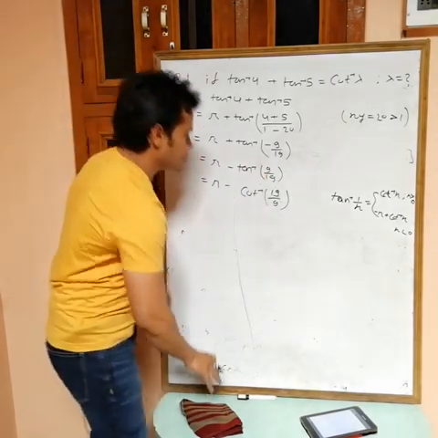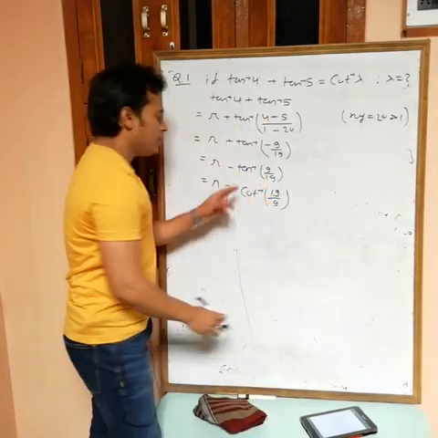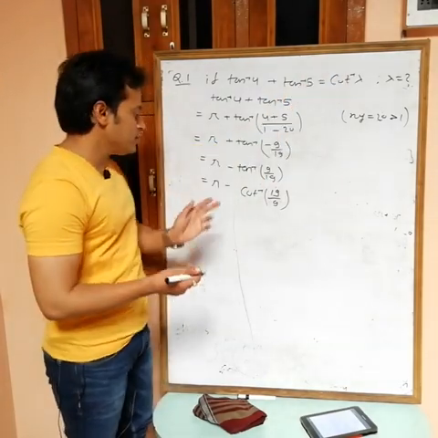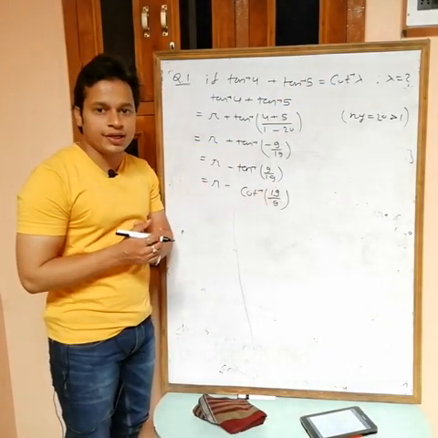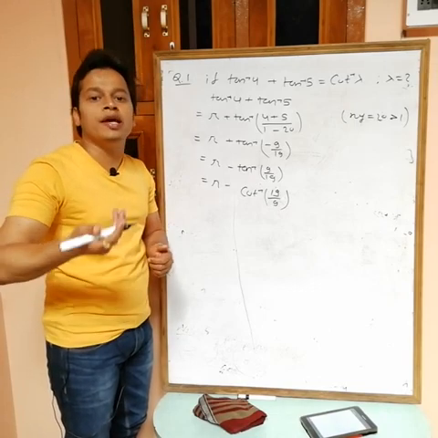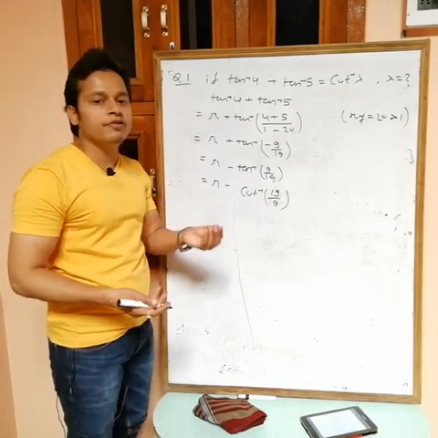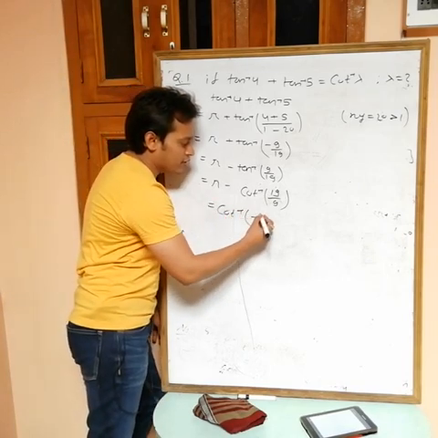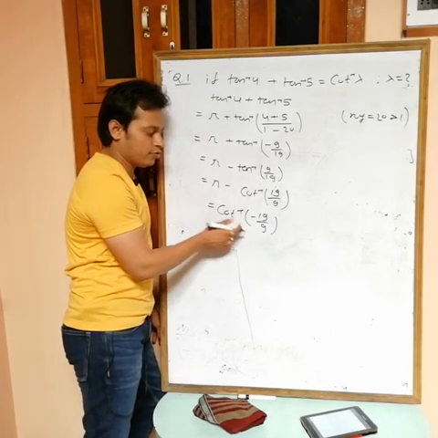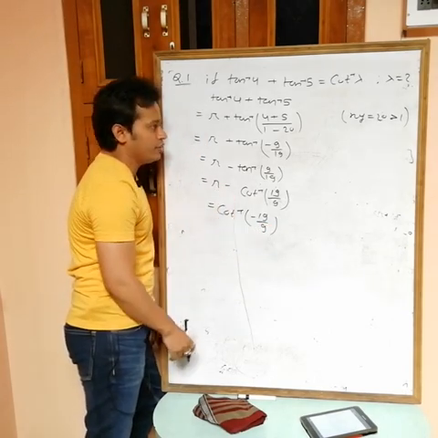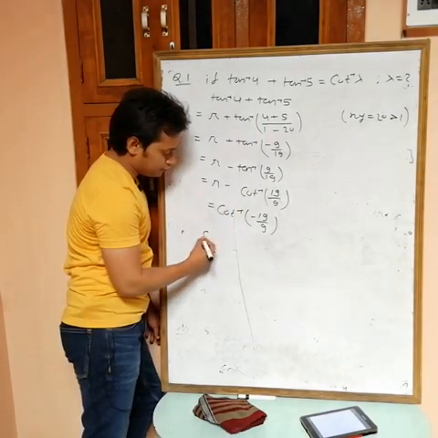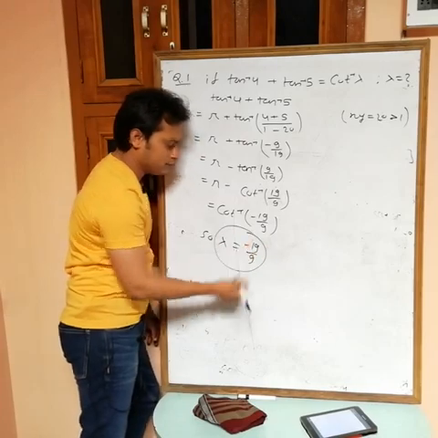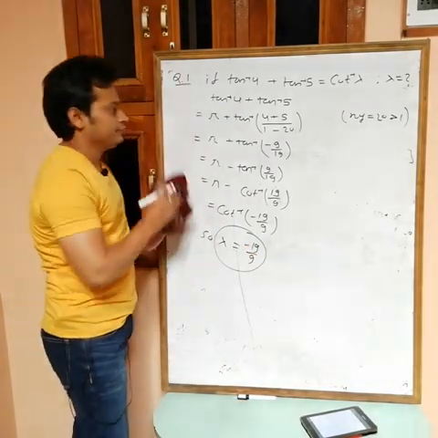Okay. Now I am getting tan inverse in terms of cot inverse, but at the end we want only cot inverse of something. Now see, pi minus cot inverse x can be written as cot inverse minus x. We know cot inverse minus x equals pi minus cot inverse x. So this can be written as cot inverse minus 19 by 9. Now compare. So lambda equals minus 19 by 9. Okay, done.